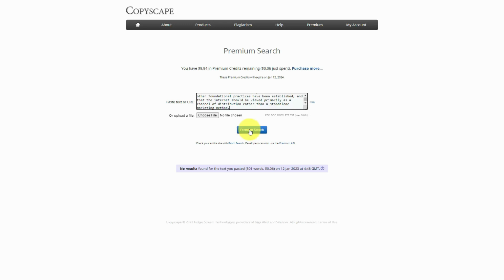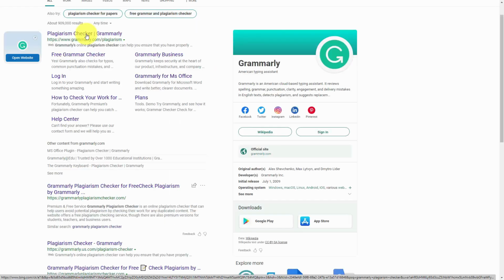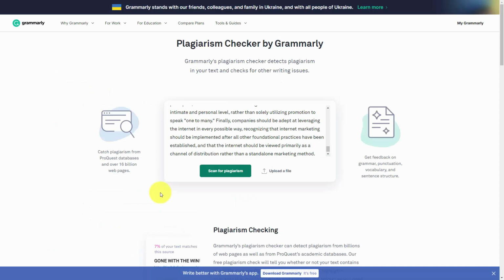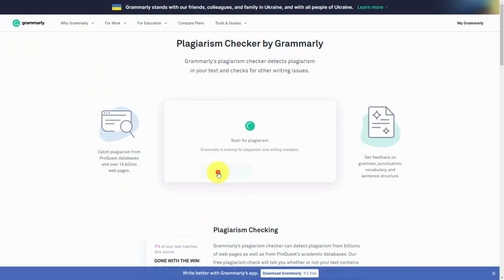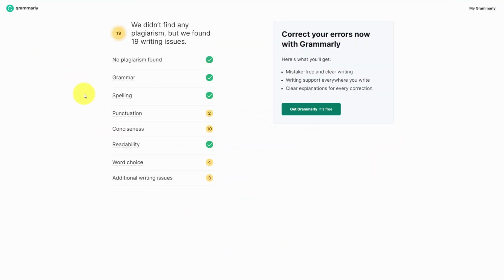We're now going to click Premium Search. And our content has now passed the Copyscape test. We can also run the same content through another system. We can place the same content inside of the Grammarly plagiarism checker. And we can then scan our new content for plagiarism. According to Grammarly, no plagiarism is found. If you have an account with Grammarly, you can fix other issues according to Grammarly when it comes to the writing. However, we can run the same content through another tool that's commonly available to individuals that use the Microsoft